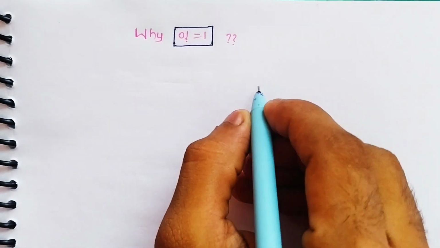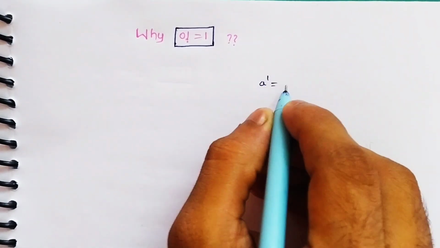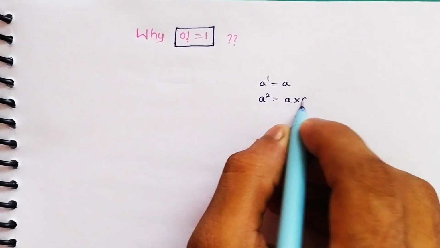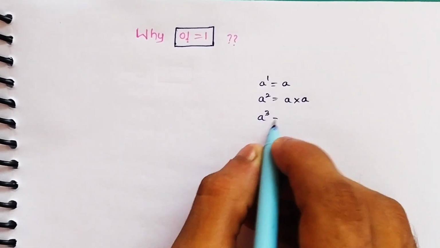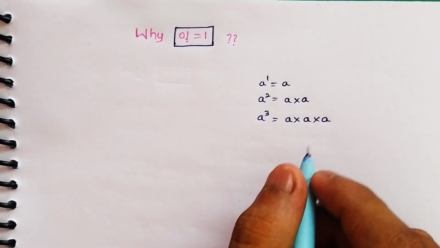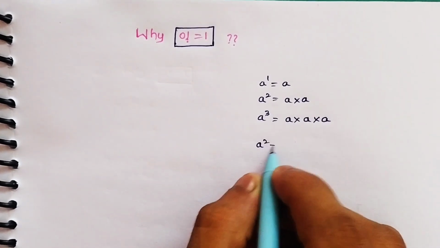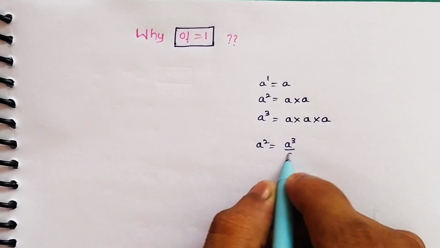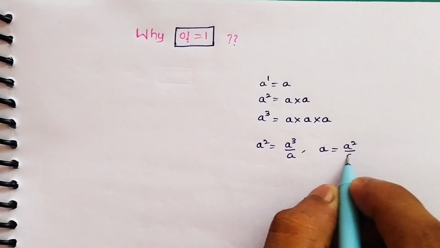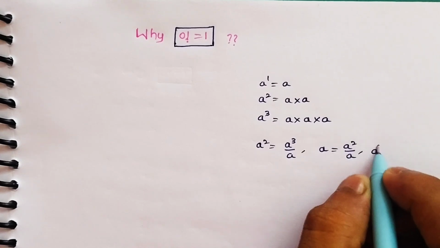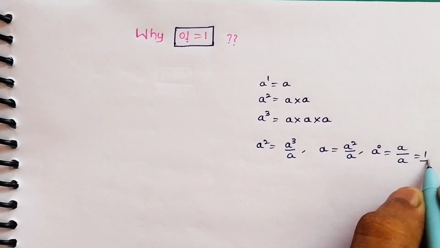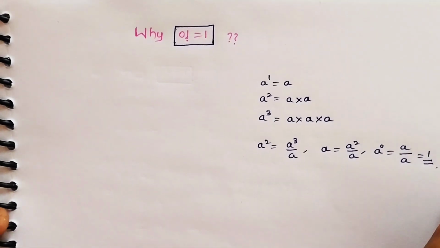Before knowing that, a^1 equals a, a^2 equals a into a, a^3 equals a into a into a. To get a^2, what are we doing? a^3 divided by a. For a^2 divided by a, we get a^1. For a^0, a divided by a equals 1. In the same way,